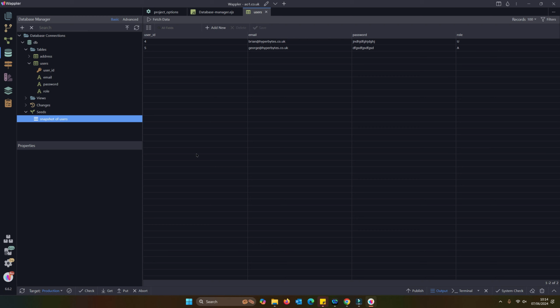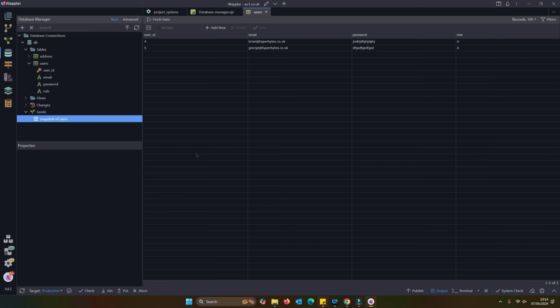So that's a handy way of getting not just the data structures but the data itself from one target to another. Because remember, when we're making these database changes within the database manager, we're changing structures, we're not moving data about. All we're doing is managing the structure of the database.